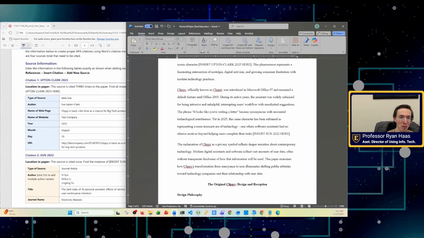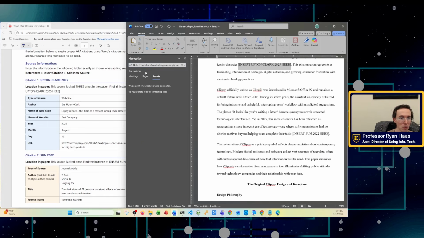On the Home tab, you have this little Find option. I get to it by simply pressing Ctrl+F. So let's select over this. Press Ctrl+F. Oops. Pasted something in there. That's okay, I'll just type it. So I'm going to type insert